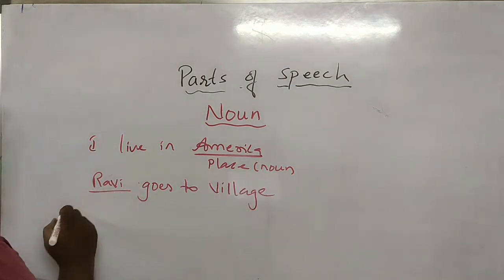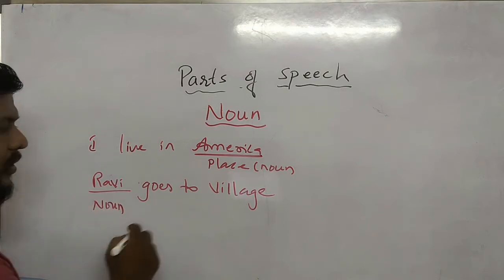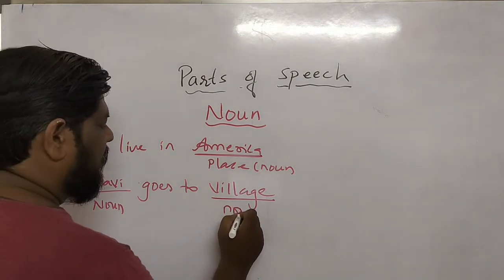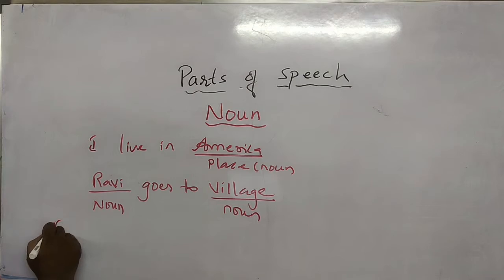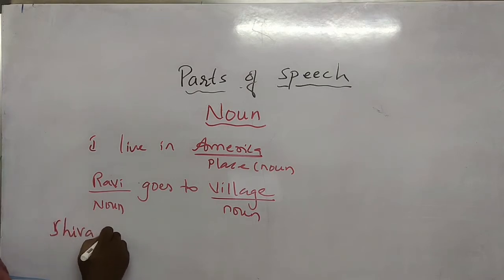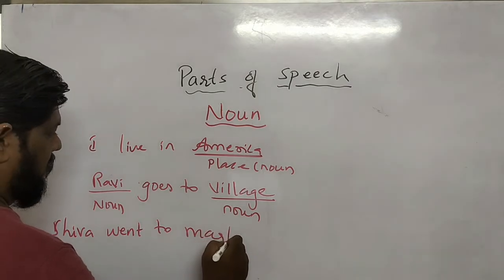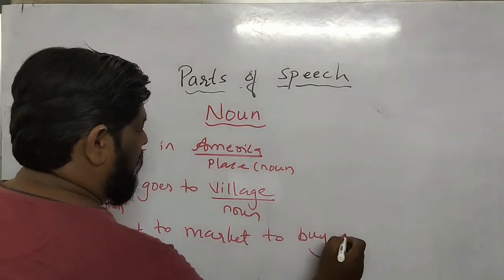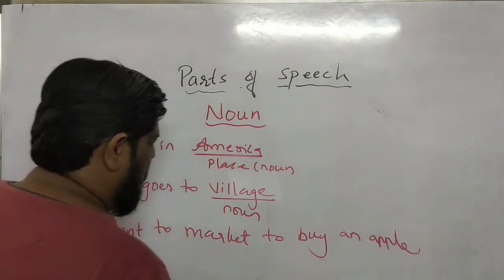Here Ravi is a name, so we call it a noun. Village is also a place, so we call it a noun. Shiva went to market to buy an apple